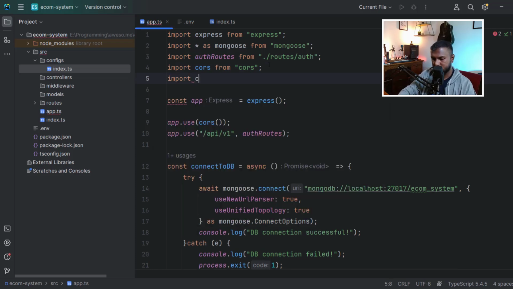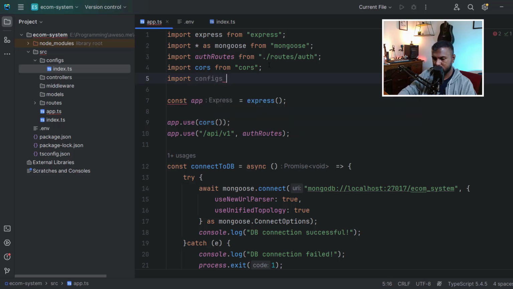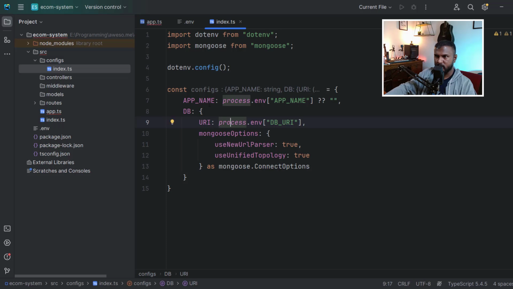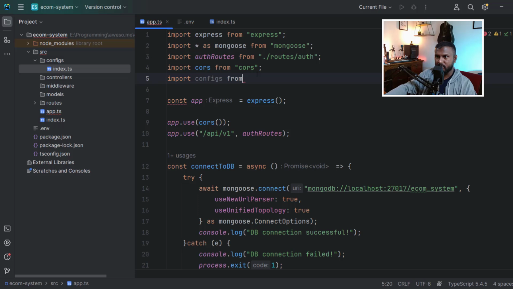Import configs from... by the way, we need to export this config object first from this file. We haven't done it. Export default configs. Alright, so here we export our config file. Now we can simply import it. Import configs from